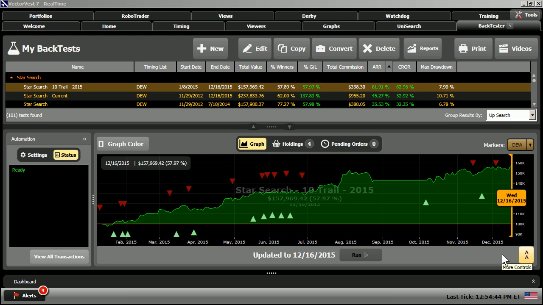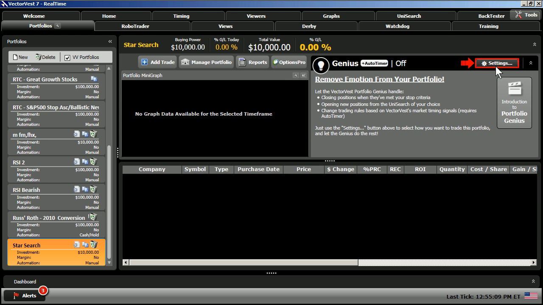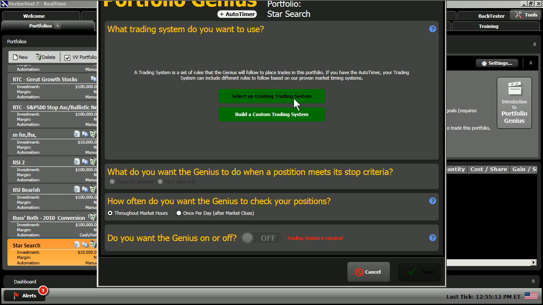Now watch how easy it is to move forward with this trading system. So you take it from a back test, you want to move it into a portfolio and either track it or trade it going forward. So I'm going to move to the portfolio manager, create a new portfolio. I'll call it Star Search. We'll keep the initial investment and commission type at $4.95 per trade. I'll click on OK. And all we have to do from here, click on Settings, and we're going to select